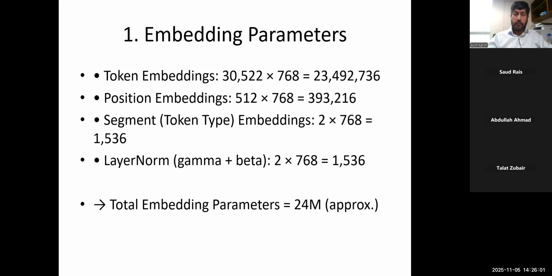And then of course there's a layer norm after this. There are two layer norms in the transformer block, and there's a layer norm after the embedding layer. I didn't mention this in class, but in the book you can look up the detail. Layer norm, as I said, is done by z-score normalization. But z-score normalization को slightly parameterize भी कर सकते हैं with two parameters for each position. ठीक है? तो हमारे पास पोजीशंस कितनी है एम्बेडिंग्स की, हर एक एम्बेडिंग की 768। सो 2 टाइम्स 768 आपके पास ये लेयर नॉर्म की पैरामीटर्स आ गए। तो gamma plus beta parameter in the z-score normalization approach for layer normalization।